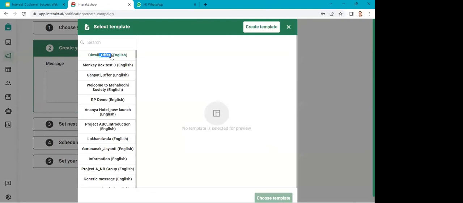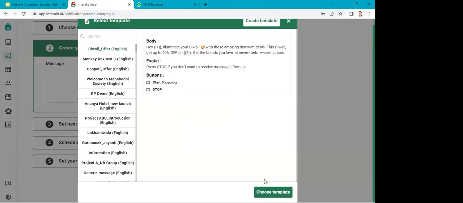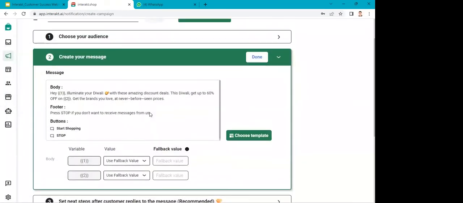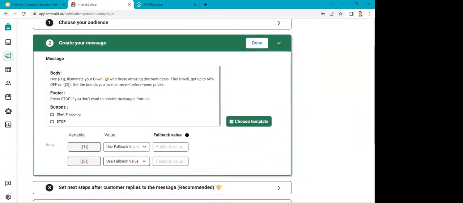I will select that template. I will map it with name